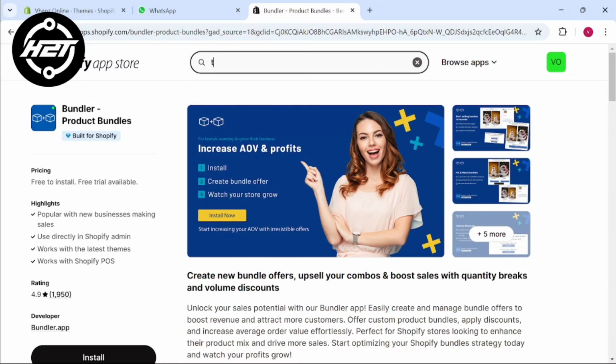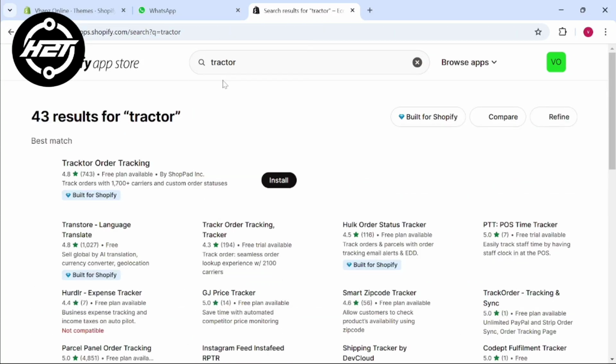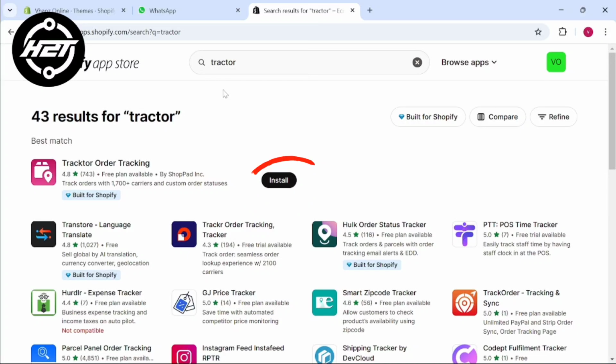But the popular option is Tractor. I will choose Tractor. Then install the app and configure it based on the setup instructions provided by the app developer.